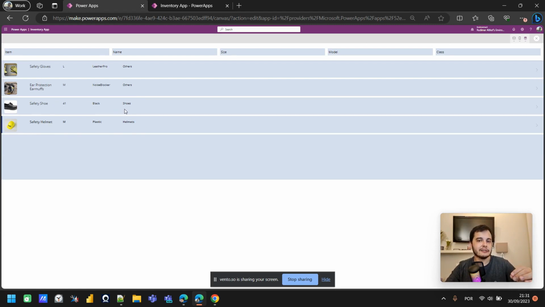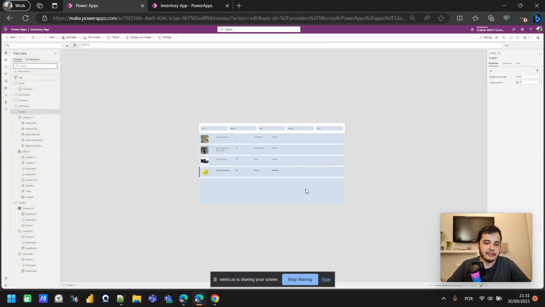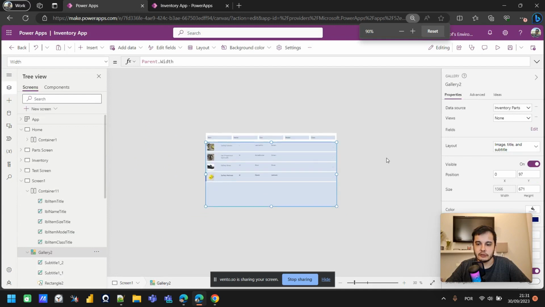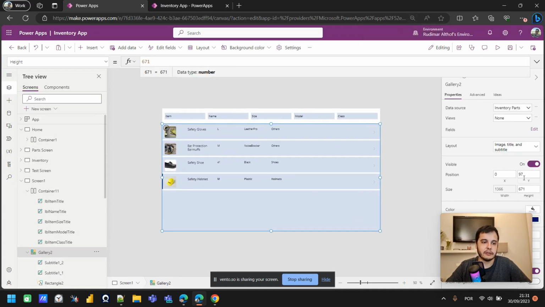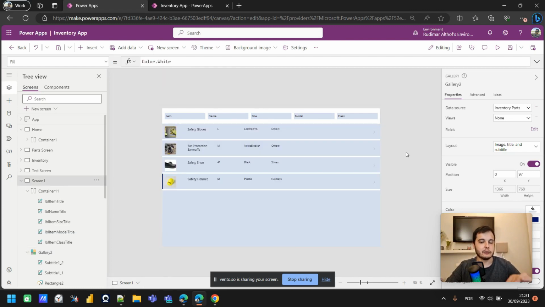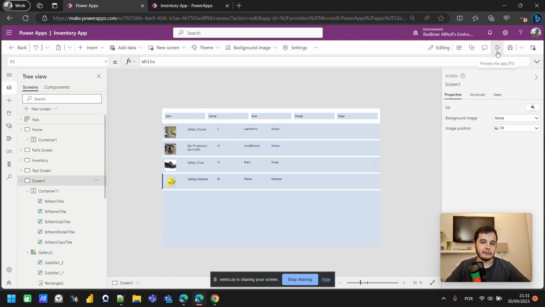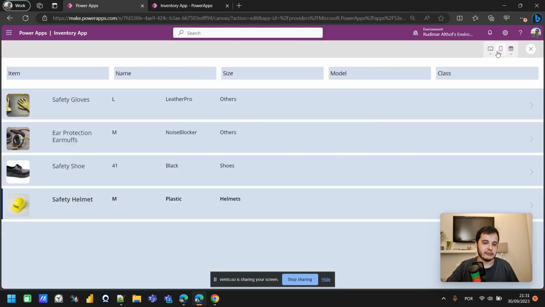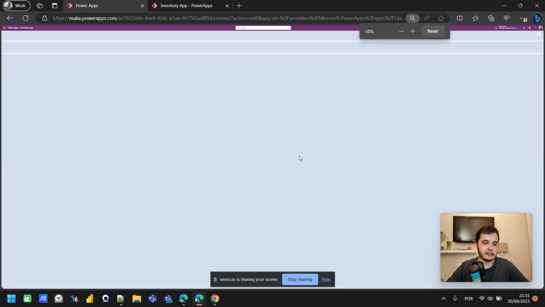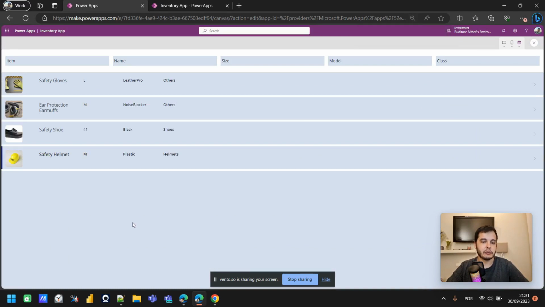So in this case, we need to put the formula in the height of the gallery too. So in this case, it's going to be parent.height. Let's select the gallery and let me just recover the zoom. In the height, let's put parent.height so the gallery will have the same height as the screen. Now, if I remove the zoom, we can see that the gallery is occupying the full size of the page,